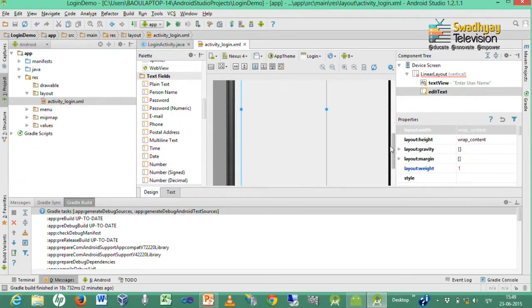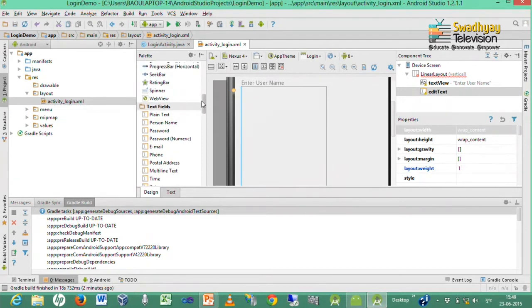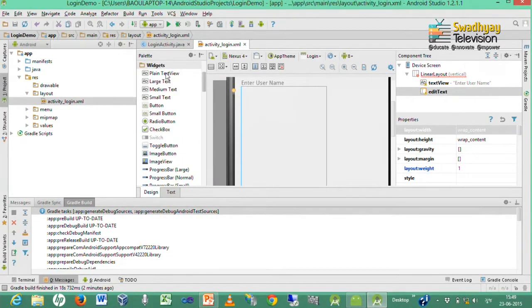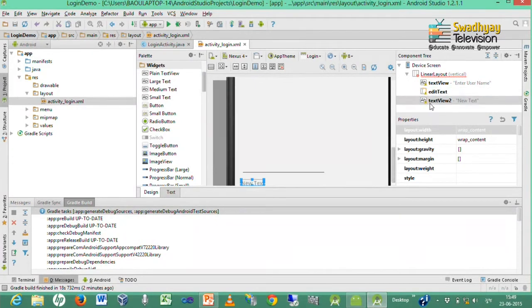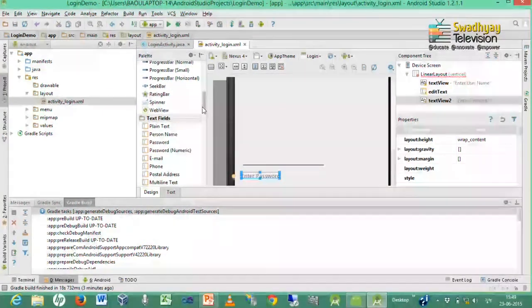On the screen you can see these text views. Now, again we are adding one text view, and the text for this text view should be "Enter password". Now, again we add one text field, but it is a password.